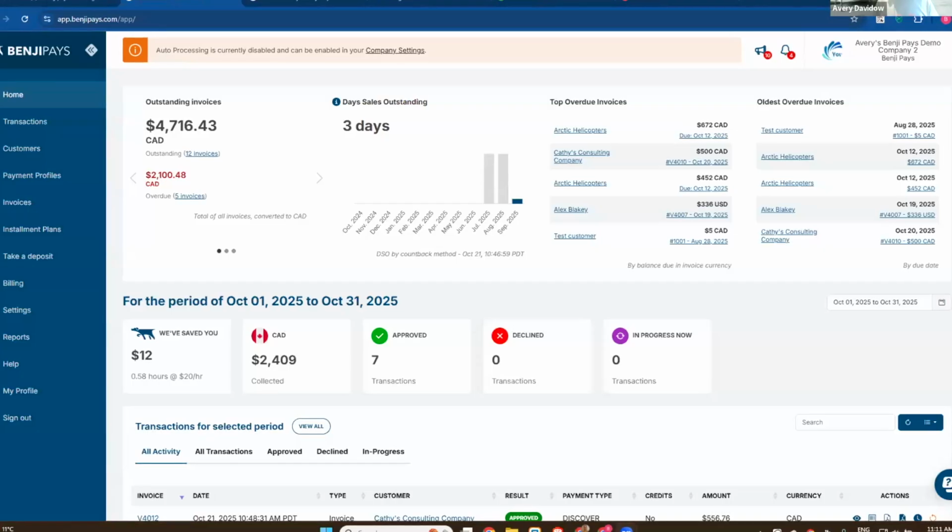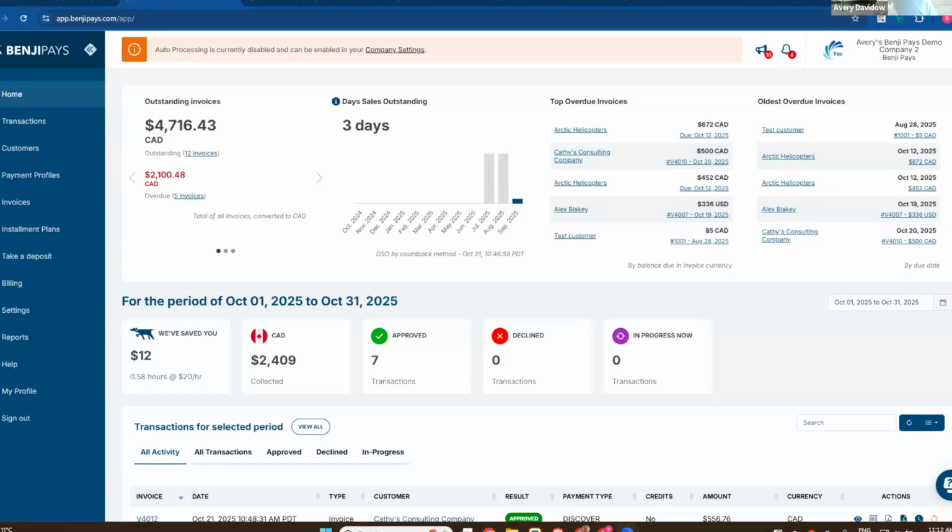Is by providing a single pane of glass for your customers to be able to see their invoices for all of the services you provide for them, if that's telecom, any services or hardware or anything that you're billing directly through your PSA, or even invoices that you create directly in your accounting system can all be presented together. So what you see on your screen is the Benji Pays merchant portal.